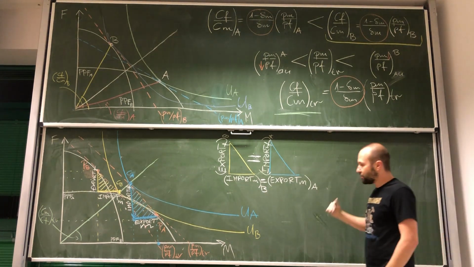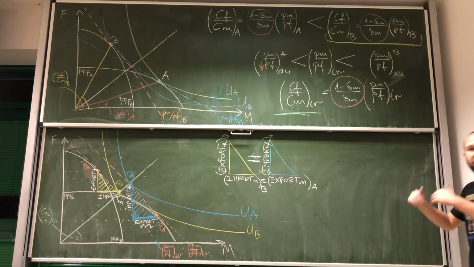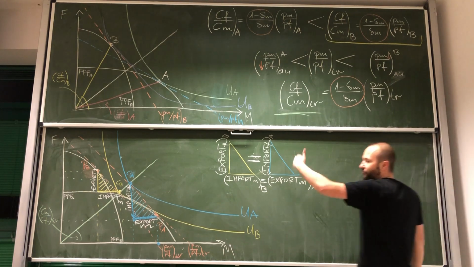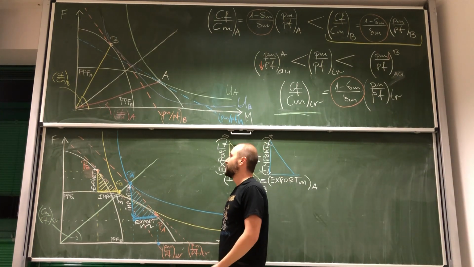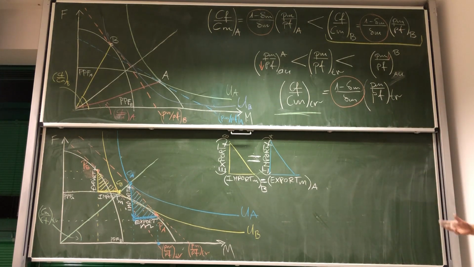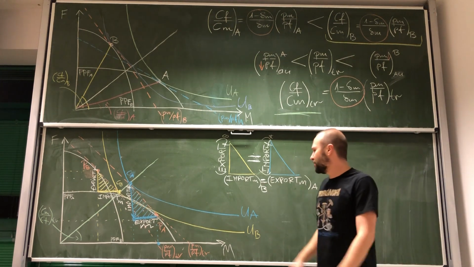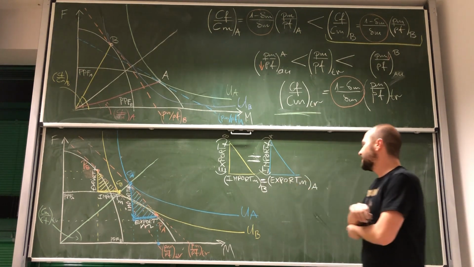And look, production of manufactures requires more capital, is more capital intensive, while production of food is more labor intensive. So they specialized according to their comparative advantage, but expressed in a different way,